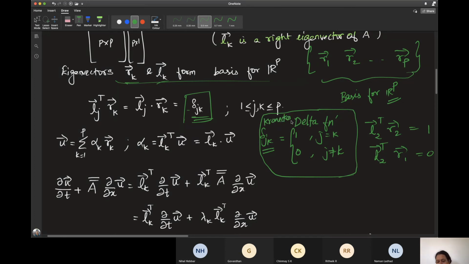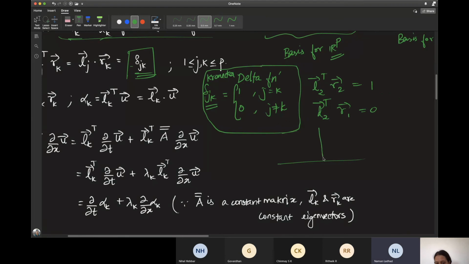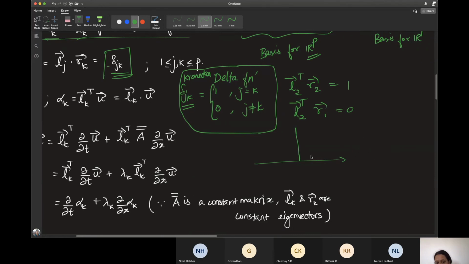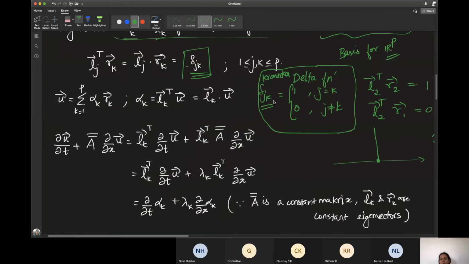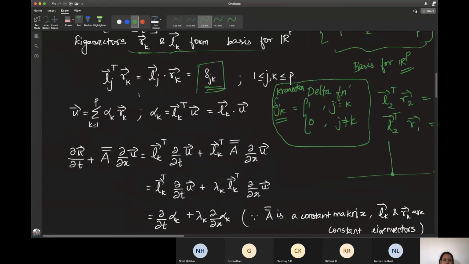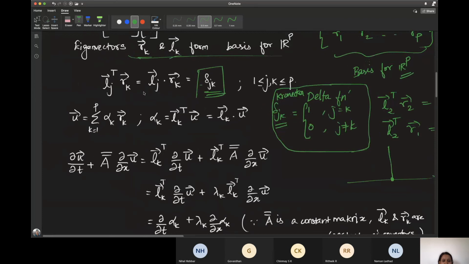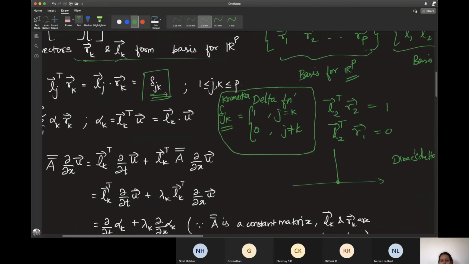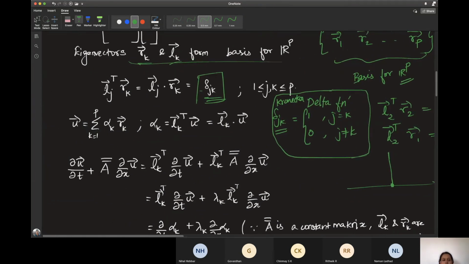The Dirac delta function is something different. Yeah, the Dirac delta function is something that is nonzero at just one specific point and 0 at all other points. Okay, the Dirac delta function is different. So this is the Kronecker delta. Yes, you know this, right?